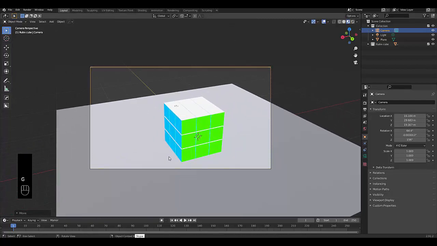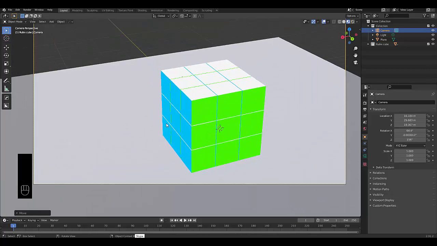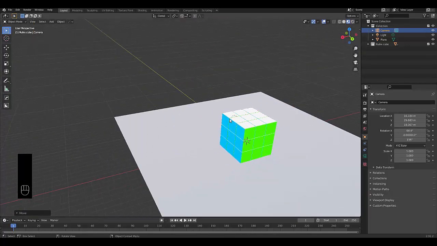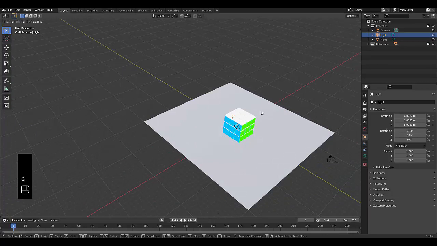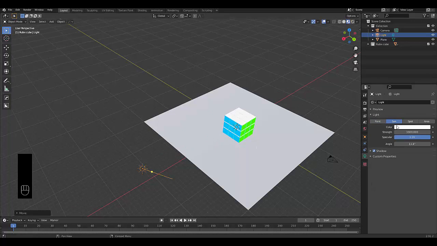There we go. That should be perfect. The next thing we want to do is get out of our camera view, click on our light source. Let's just get our light source completely out the way. G X, change our light source to sun, give it a strength of 10, and make it warm-ish, I guess, would